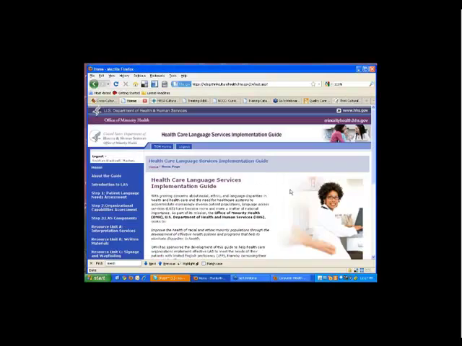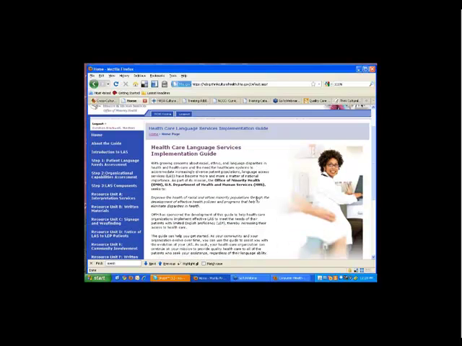I want to show you the one for healthcare language services, the implementation guide, and show you how easy it is once you've logged in. I went ahead and logged in ahead of time, and I've pulled up the page, and I think it's a little bit slow on what you can see. I'll talk a little bit about it.